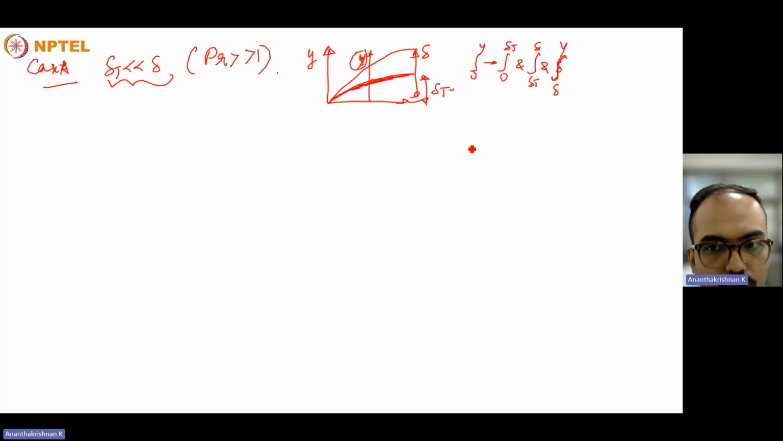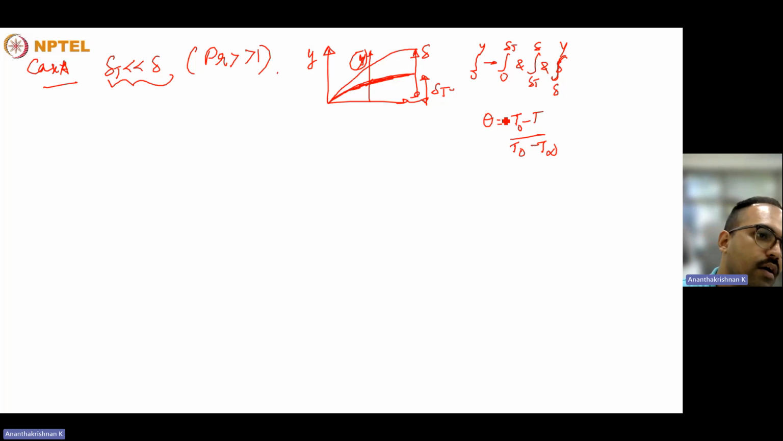The value of temperature: the dimensionless temperature theta will be equal to (T0 minus T) divided by (T0 minus T infinity). So beyond the value of delta T, temperature will be equal to T infinity, so the theta value will be equal to 1. And similarly,